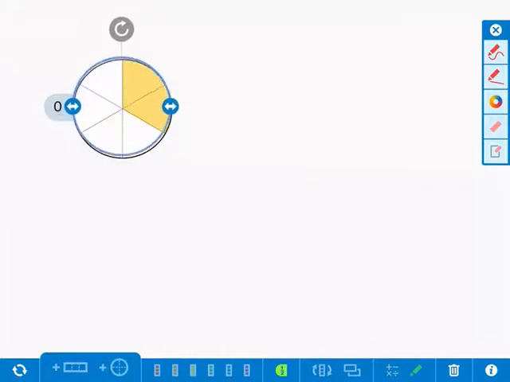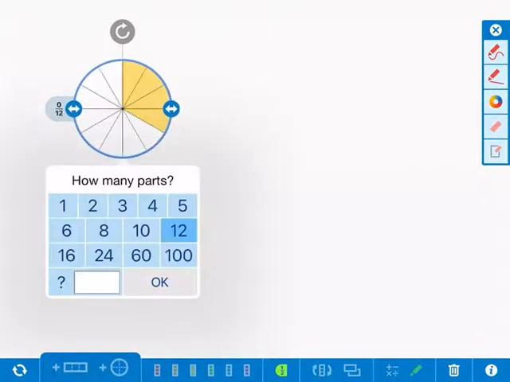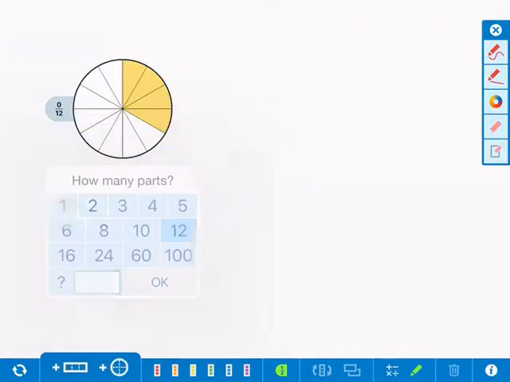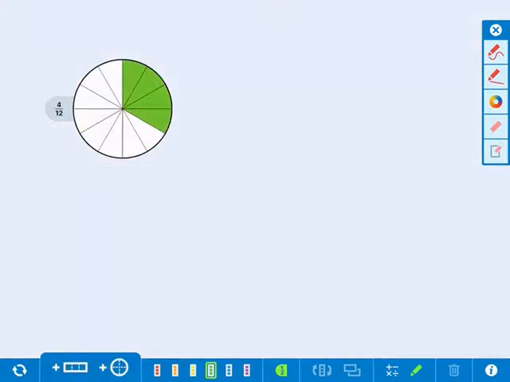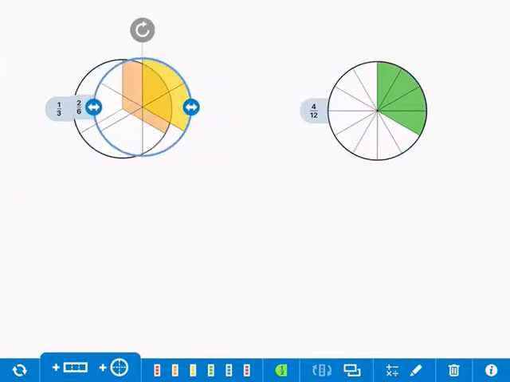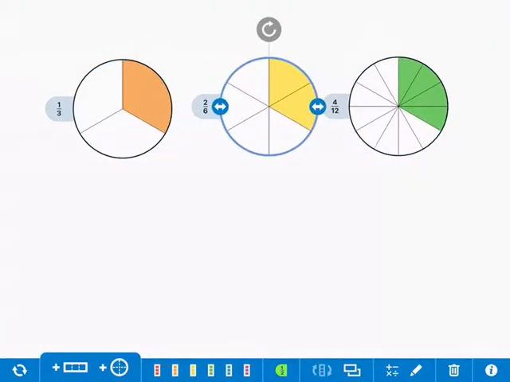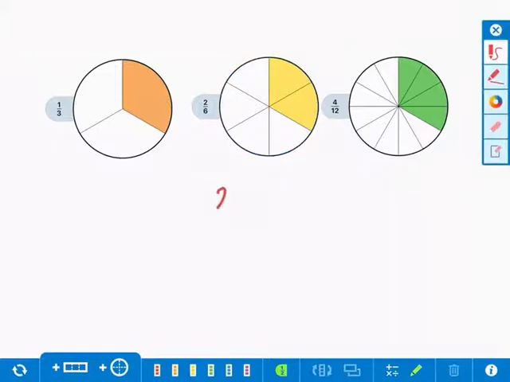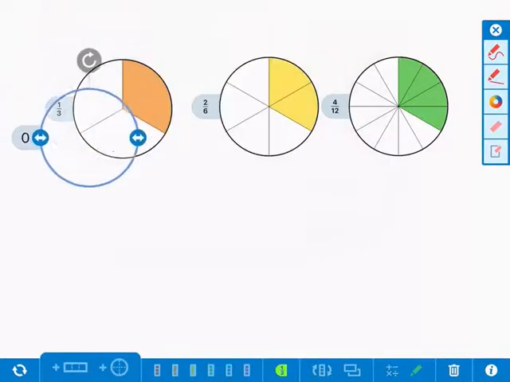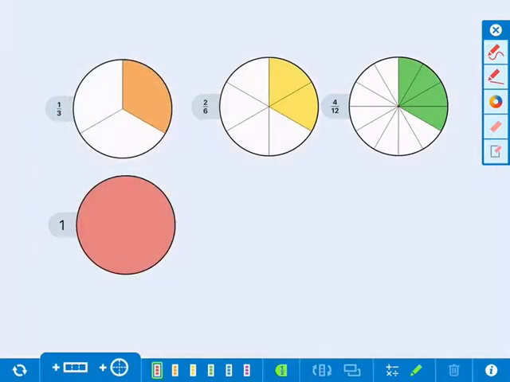If I took another fraction circle and I had it in 12ths and I shaded in 4 pieces, it shows the same amount. So here are 3 different ways to show 1/3, because 2/6 is equivalent to 1/3 and 4/12 is also equivalent to 1/3. Now for this problem, if we had our fraction circles, you probably would have chosen the red one,